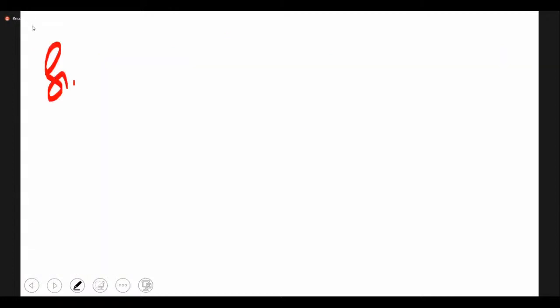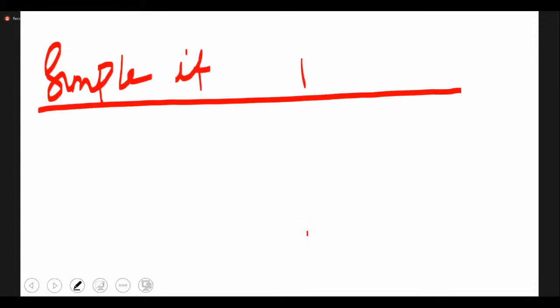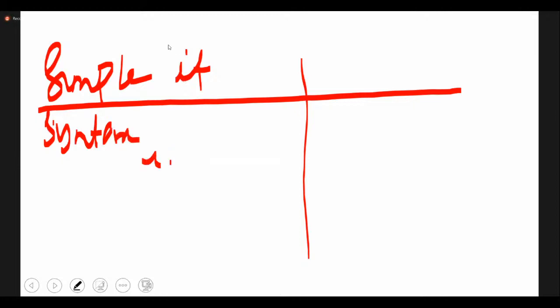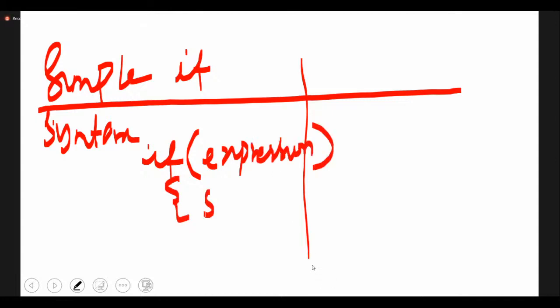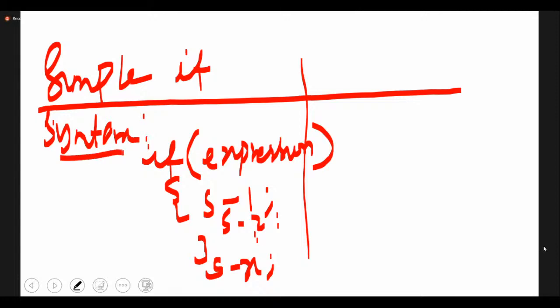Now for the simple if statement, first you will write the syntax. You'll have if followed by expression. In this block you will have statement 1, statement 2, and so on. Close it. Then you'll have some statement X here. This is your syntax.